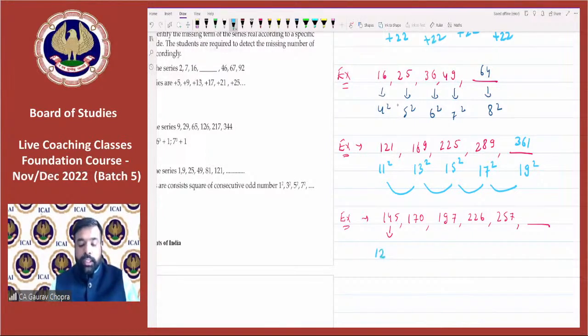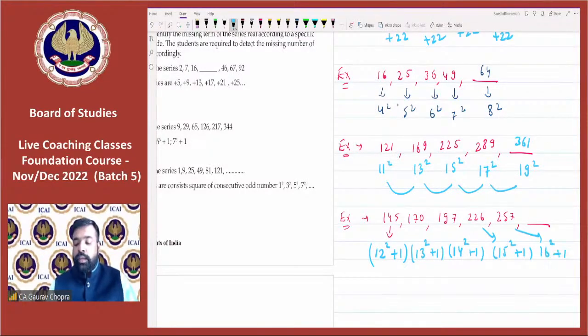Let's say 12 square. 12 square is 144 plus 1 is 145. Then 13 square is 169 plus 1 becomes 170. 14 square 196 plus 1 becomes 197. Then 15 square 225 plus 1. 16 square plus 1. So next number will be 17 square, that is 289 plus 1 becomes